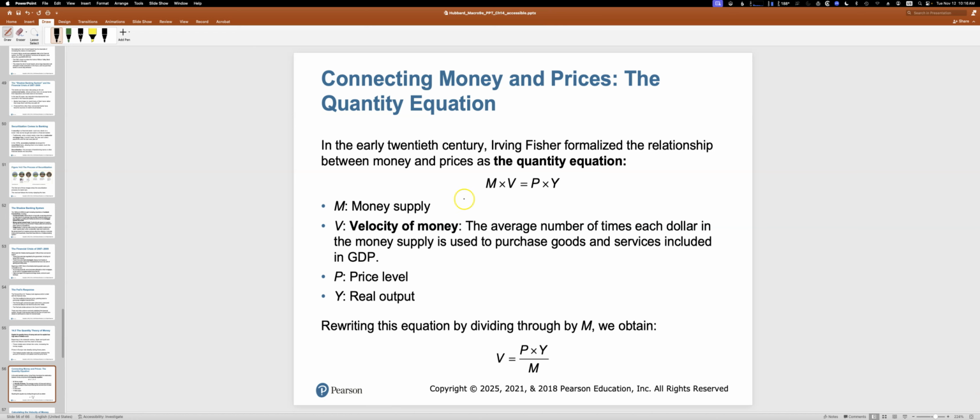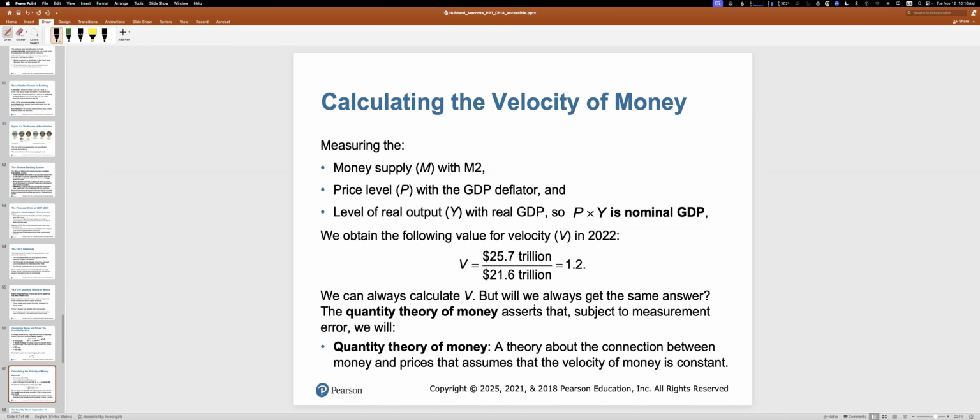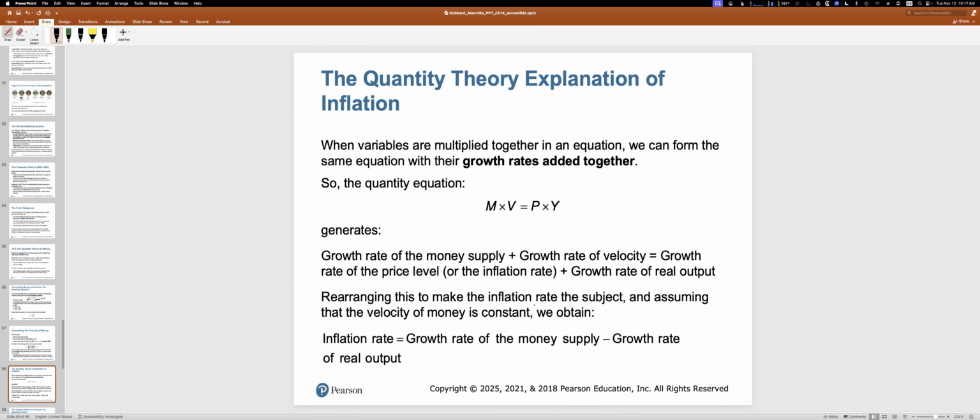So essentially what we would say is that nominal GDP is equal to the amount of money we have times the velocity of money. Okay. So if that's the case, we could solve for things. We could solve for the velocity of money by doing some simple division and solving for the unknown. But what we could also do is look at the growth rate of these different components and solve for a missing growth rate.